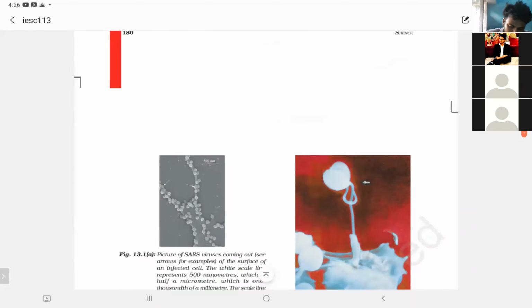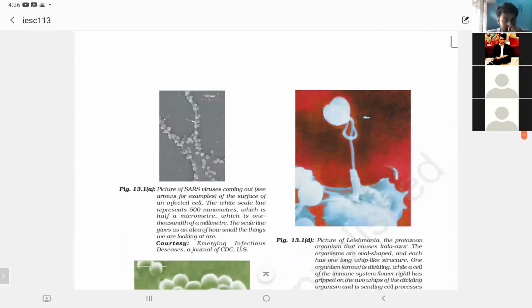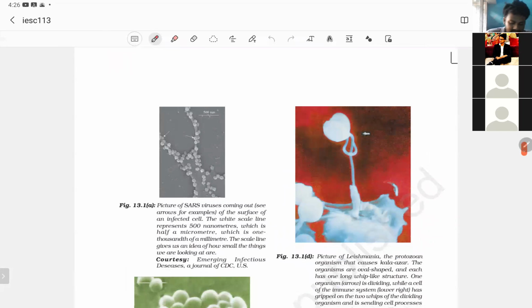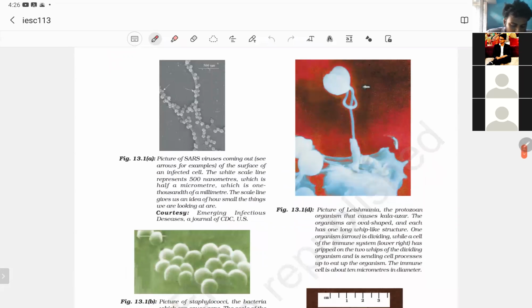So these are the images, very beautiful images given in your NCERT. And you can see it is a SARS virus. When I was in class 9, I had read the very same book that you are reading now. So it has been 10 years, right? I was in class 9 in 2010,